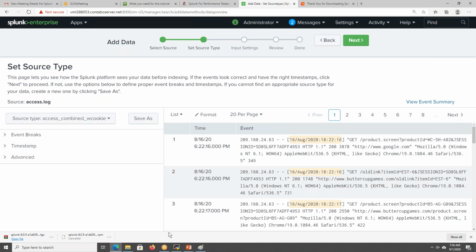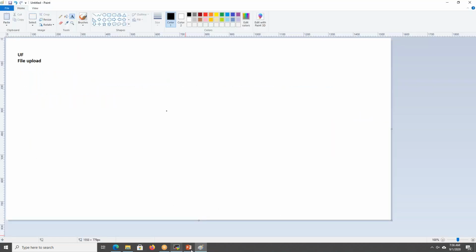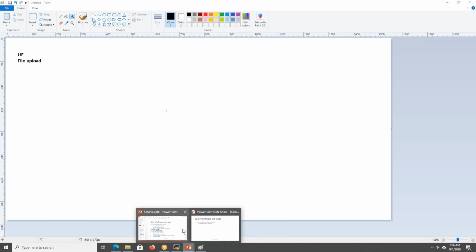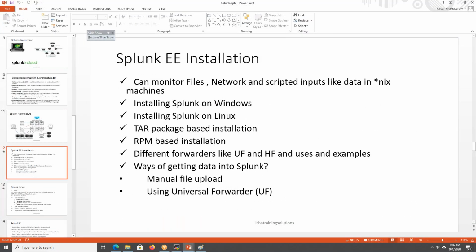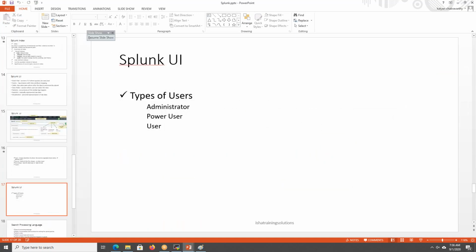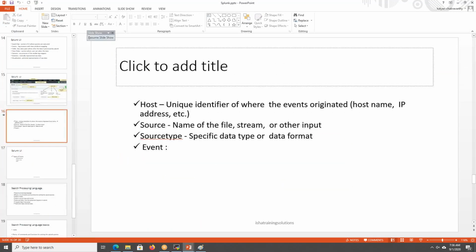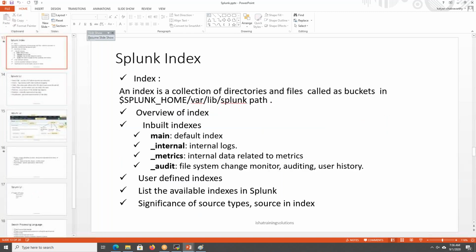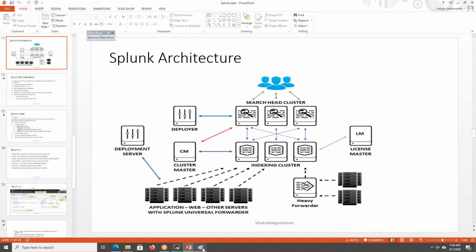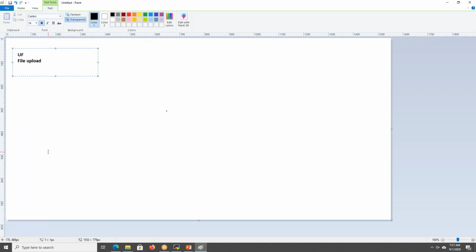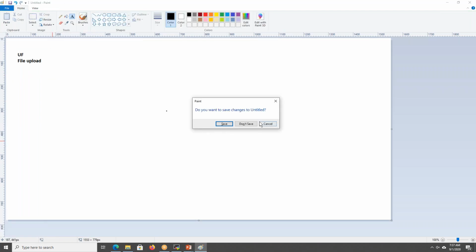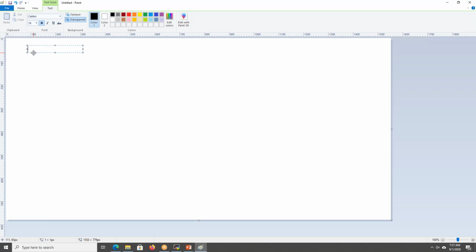Now there is something called source types, which I will discuss here. We have to remember and understand what a source is.